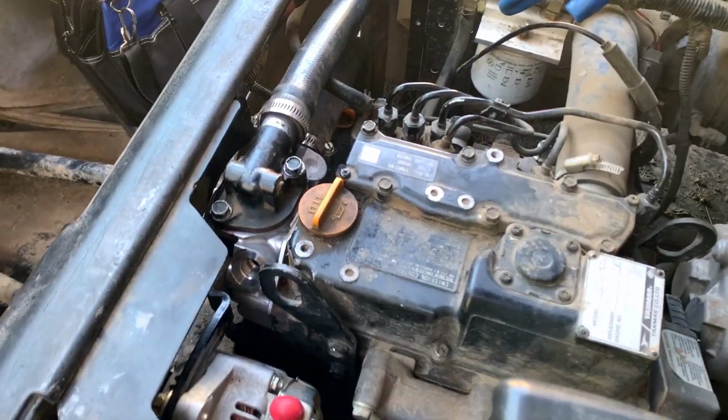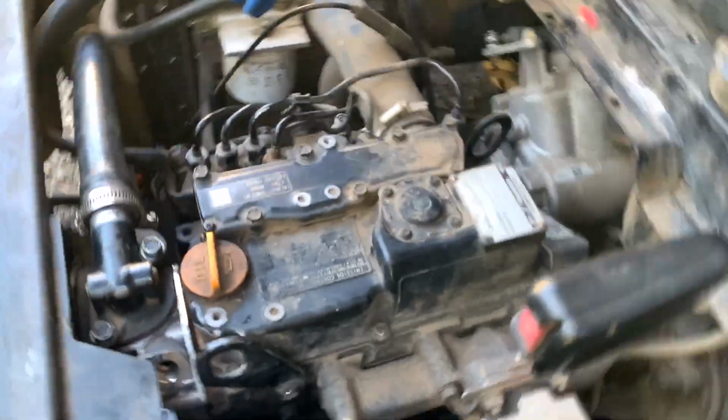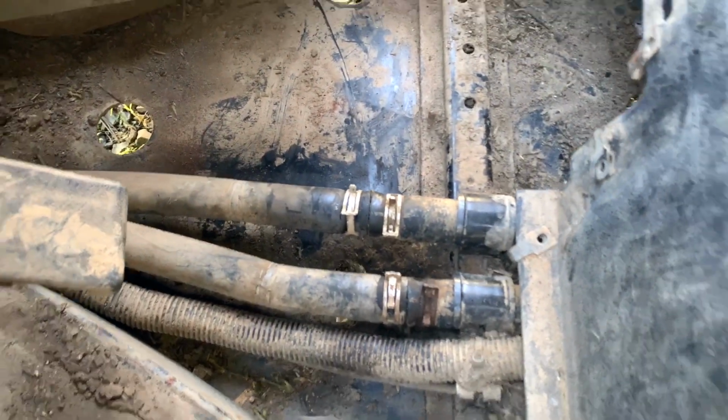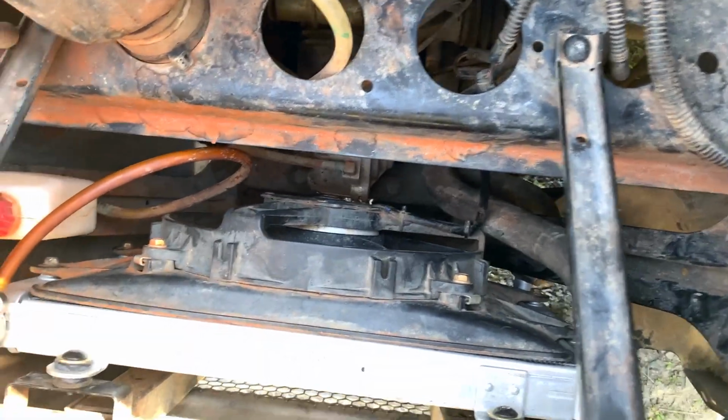Okay. So we've got the new water pump installed. That's down here. The cap is on. The hoses are connected. Come out front here into the blazing heat like a mad dog. The new radiator's in. Hoses are connected up here and down below. Overflows are connected. Next step,